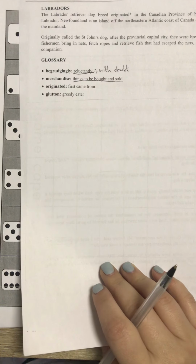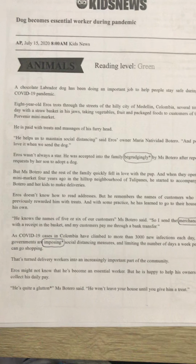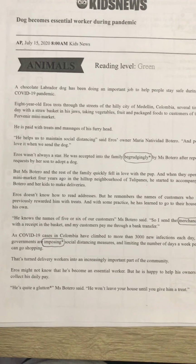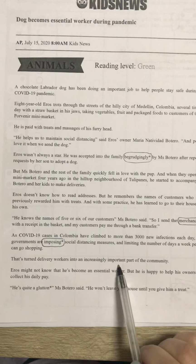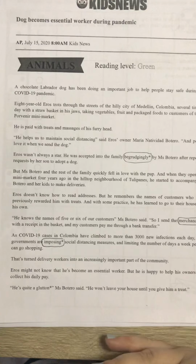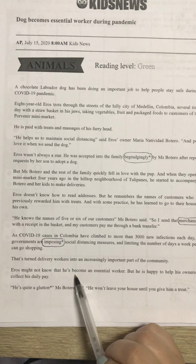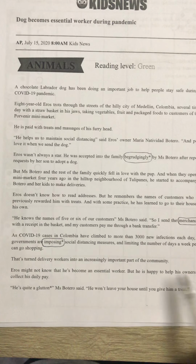Imposing means they are telling people to do this. They are setting these rules. They are imposing these rules. That's turned delivery workers into an increasingly important part of the community, of course, because the people can't leave their houses. So the delivery people are very important because they need to bring the goods or the merchandise to the people. Eros might not know that he's become an essential worker, but he is happy to help his owners and